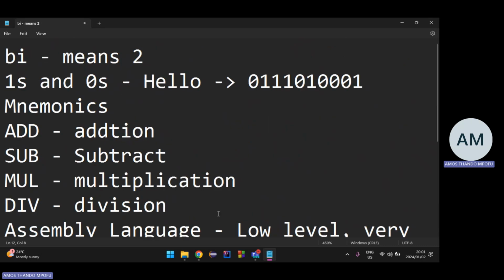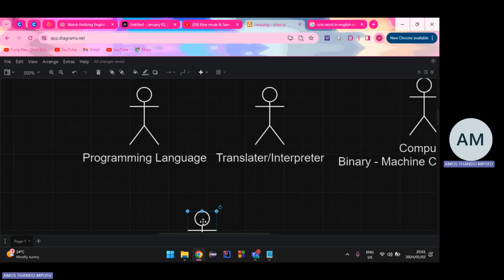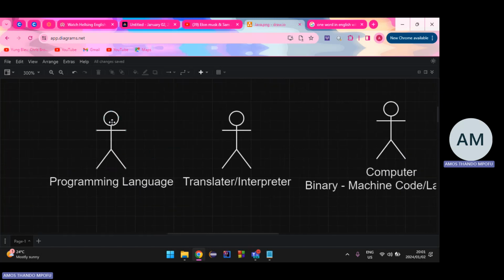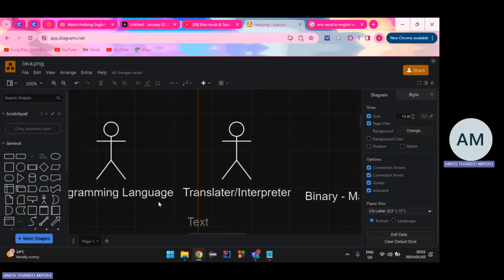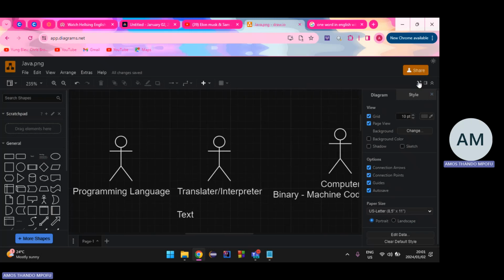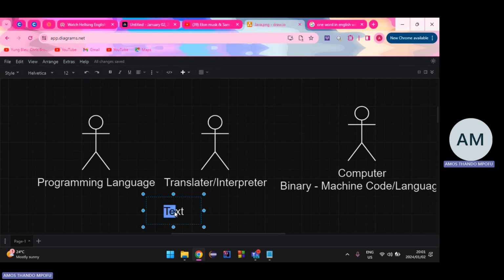So now we have a bit of understanding of how it works. So we have the programming language, the translator. So let's write an instruction in Java, right? So this is how it works, right? So you write a statement. Remember what I said, the statement is basically the same as a sentence. It just says equals to 0 like this, right?